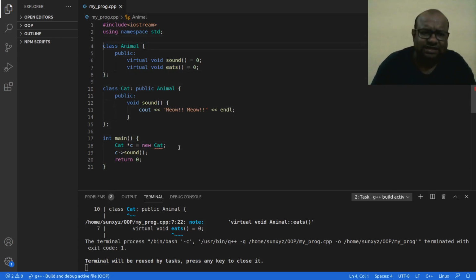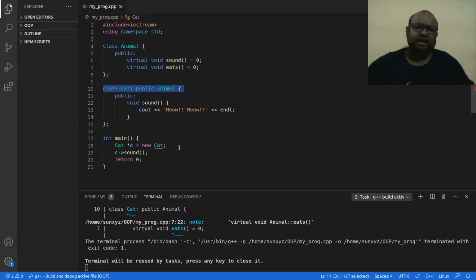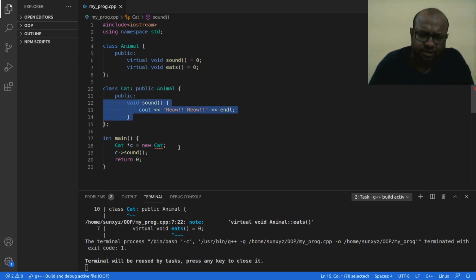Now Animal class, you look at this Animal class, it has two pure virtual functions, sound and eat, right? In Cat class I have inherited from Animal class. Okay, here I have implemented this sound function, but then there is one pure virtual function that is still to be implemented, right? So this eat function is not implemented in my Cat class.